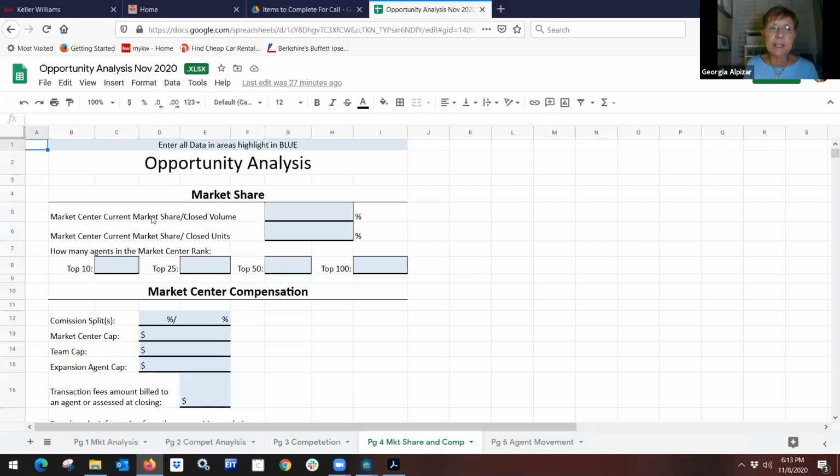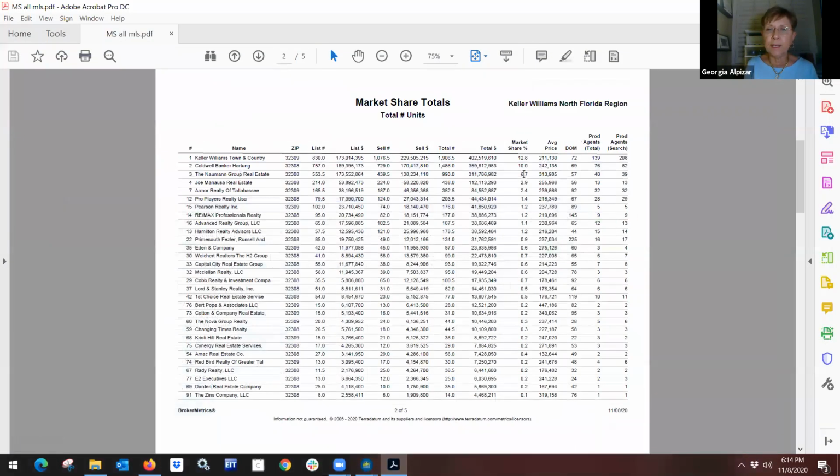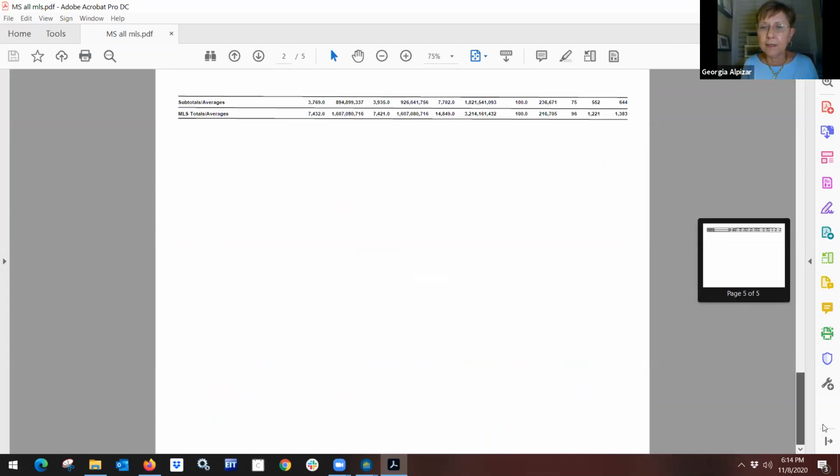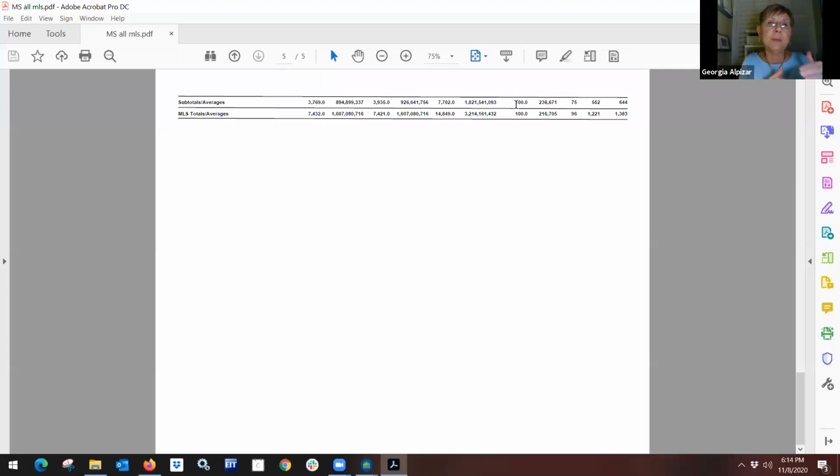Okay, it says market center current market share and closed volume for closed units, and then how many agents are you ranking? Okay, so there's a couple of different things that you can look at. Let's go back to the market share report again. Okay, now this says 12.8%. If I go back to the very back, if you remember, this subtotal here is because I pulled all of the offices that were in 32308 and 32309